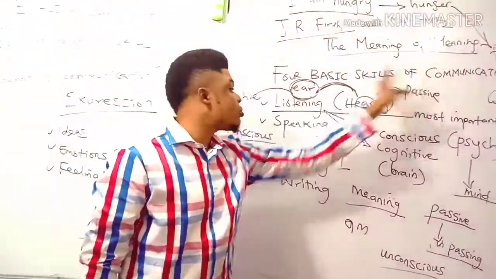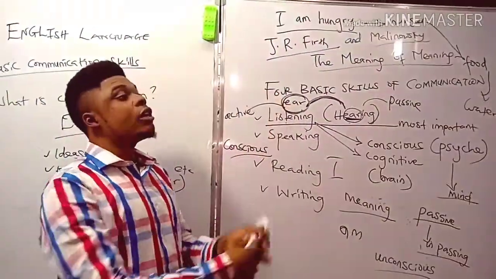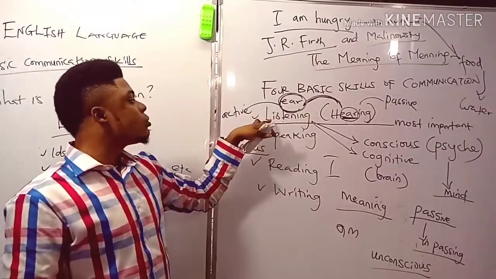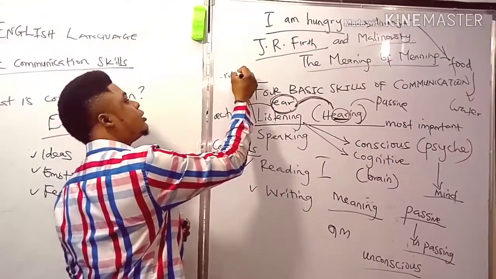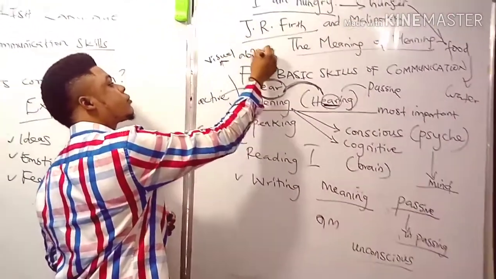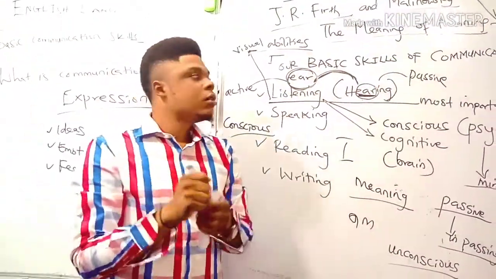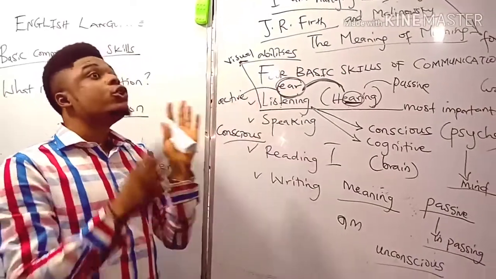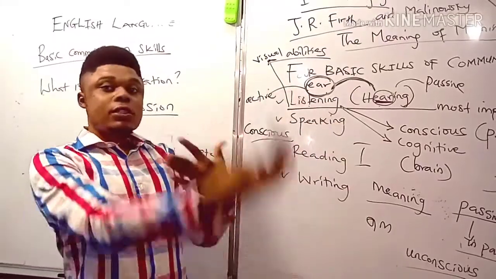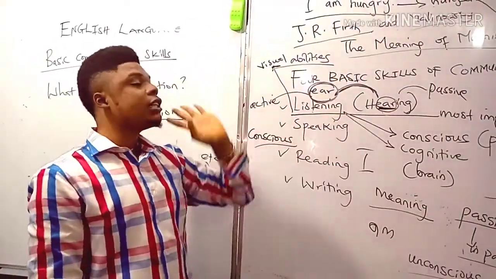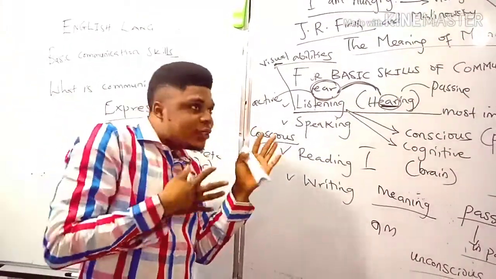So for communication to thrive, for listening to thrive, the person must have an ear, and that ear must be active, not a faulty one, for you to grab all the sound waves. And for listening to also be effective, we have to make use of some of our visual abilities. That means we must maintain eye contact with the speaker. In fact, a good listener should maintain eye contact with the speaker, because it is very easy for the speaker to pass across his or her message directly. So if your eyes are off there, it is most likely that your mind also is off there.